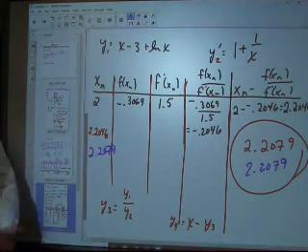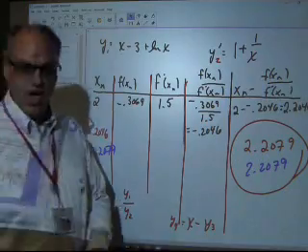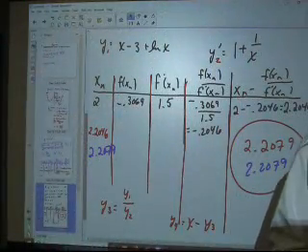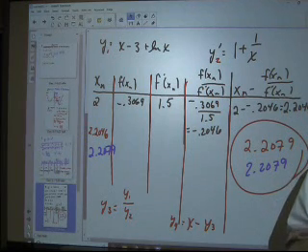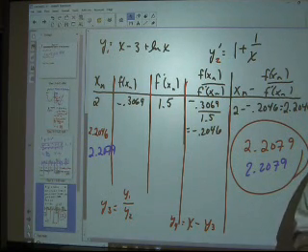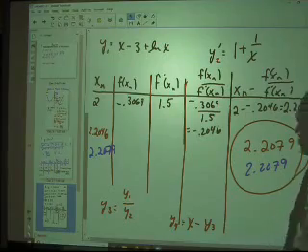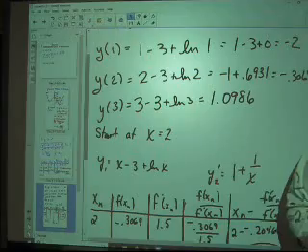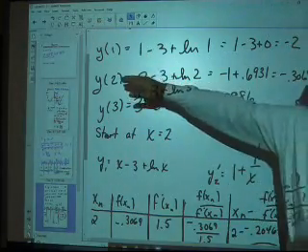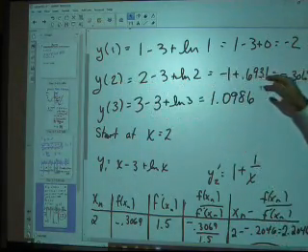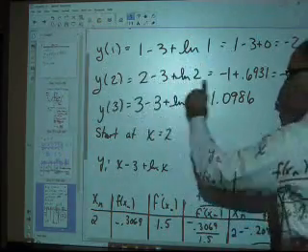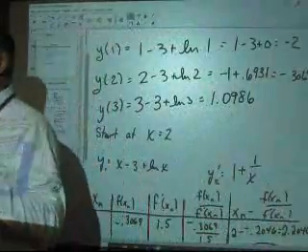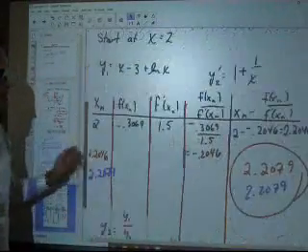Now, let me talk about something a little different. A lot of you know that on your calculators there's a calculate menu feature called zero. Have you found that? You know what I'm talking about? This is just what that does. The programmers of your calculator are saying, you have to give me an x value here where the y number is one sign, and an x value here where the y number is another sign, so I get the intermediate value theorem to apply. And then they built in the program Newton's method of